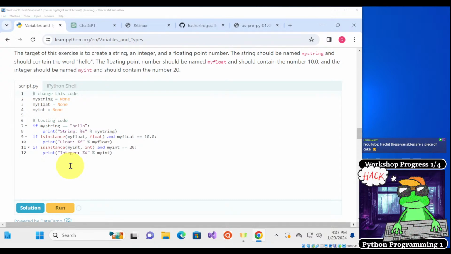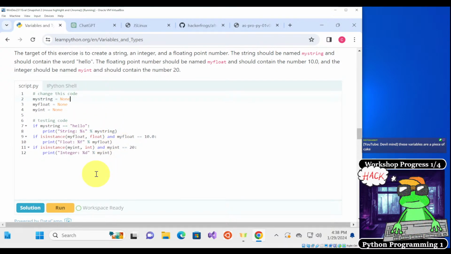All right, so I'll give everybody about a minute more, and then we'll go over the answer for this exercise. Okay, so let's slowly start to answer this.